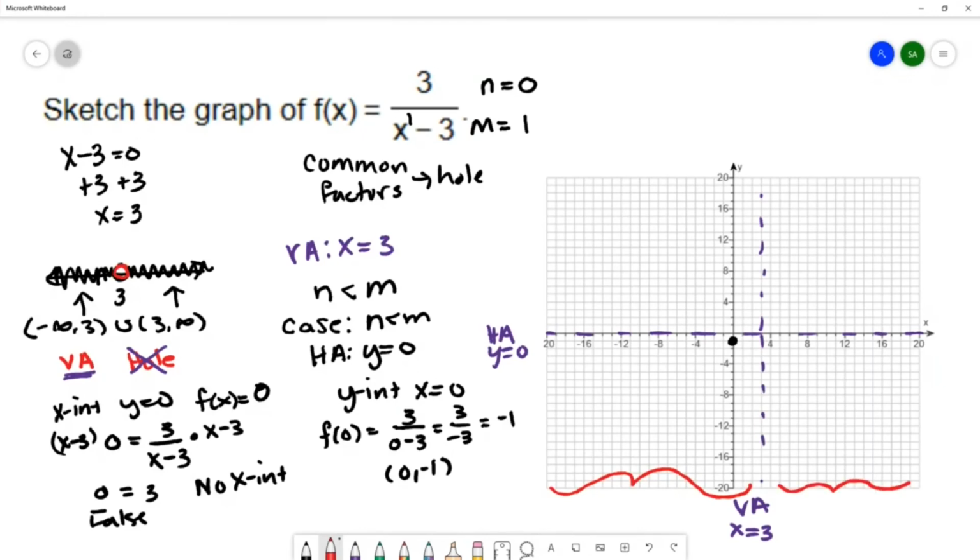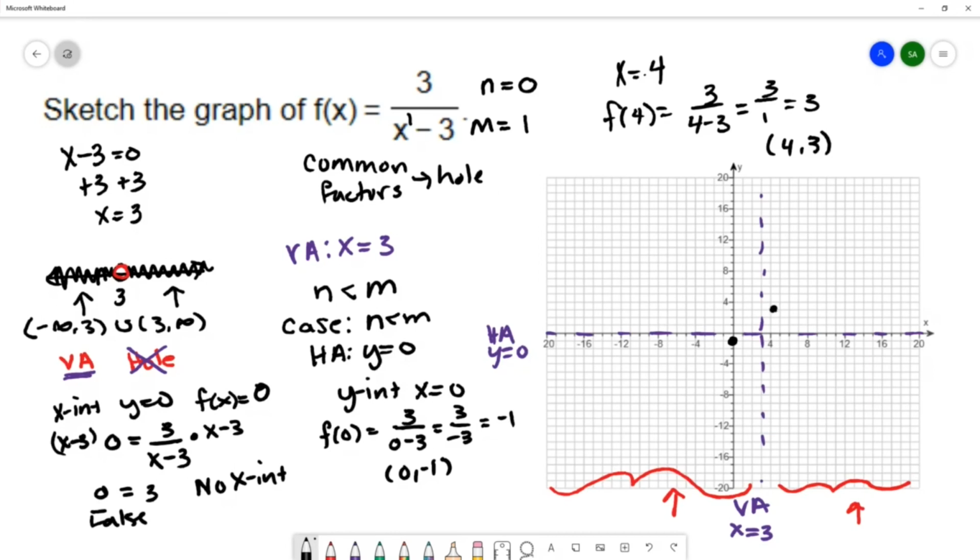I already have an ordered pair to the left of that vertical asymptote, so I want to find an ordered pair to the right. So I'm going to choose an x value. I'll choose x equal 4, and substitute it into the function. f of 4 is 3 over 4 minus 3. That's 3 over 1, which is 3. So now I have the ordered pair (4, 3),